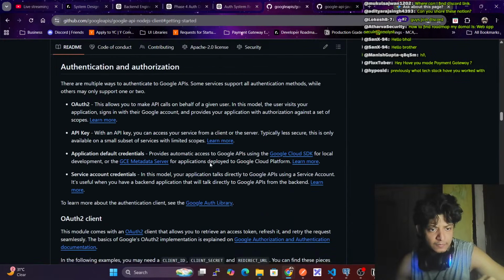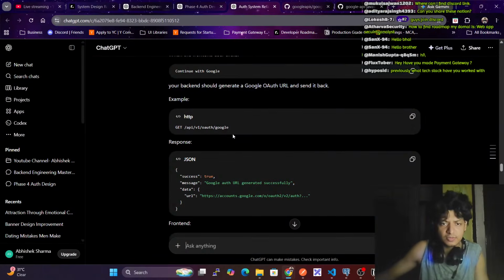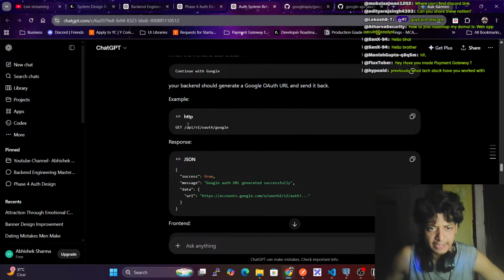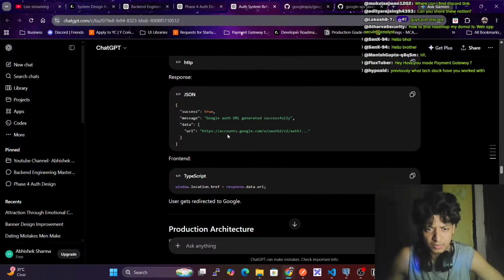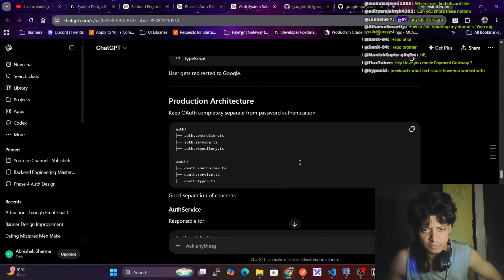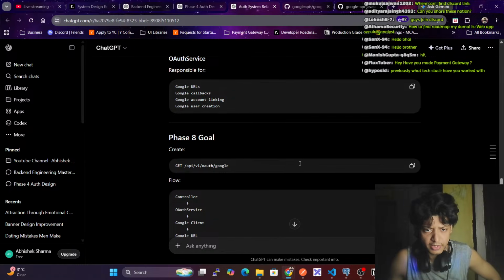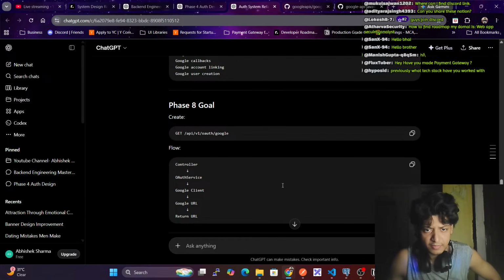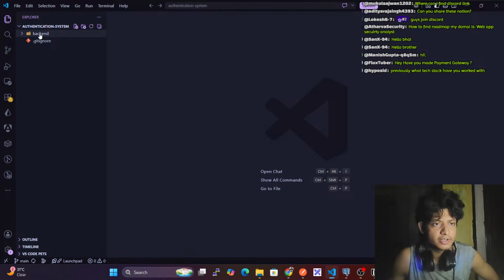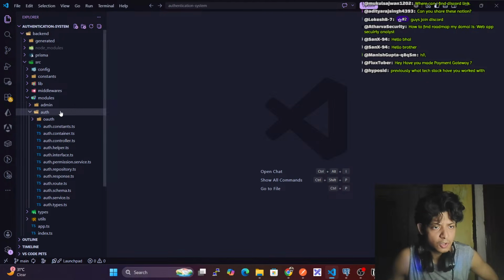Okay, fine. Auth to client. Okay, so now let's see. We have to create this endpoint, API v1 auth Google. Keep auth completely separate. Auth controller, service, types. Phase 8 goal: create API v1 auth Google. Okay, so here, backend src module auth